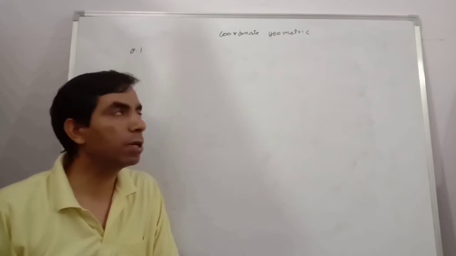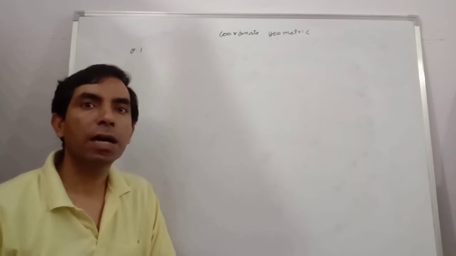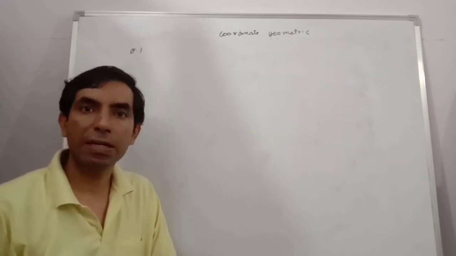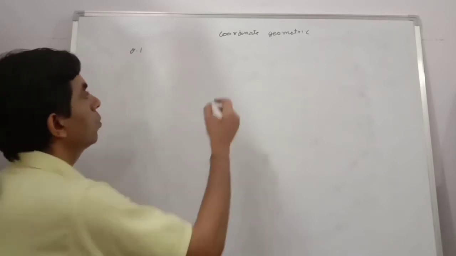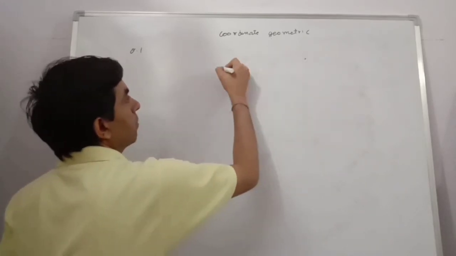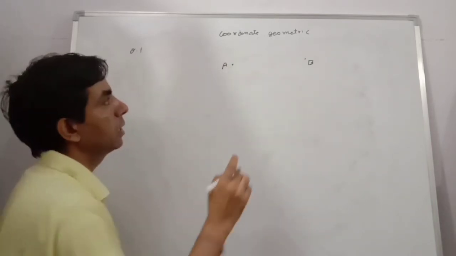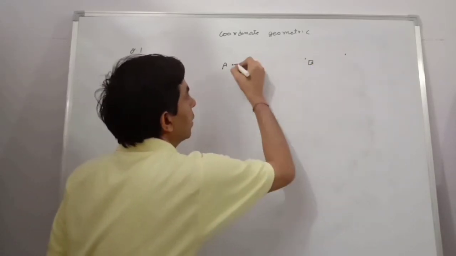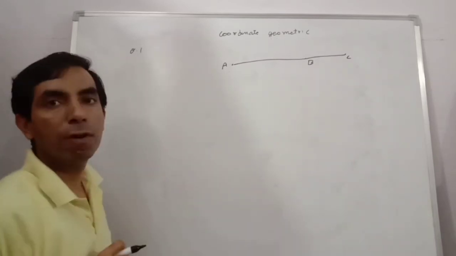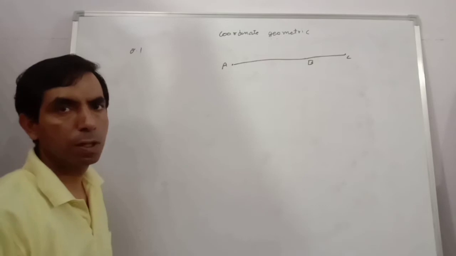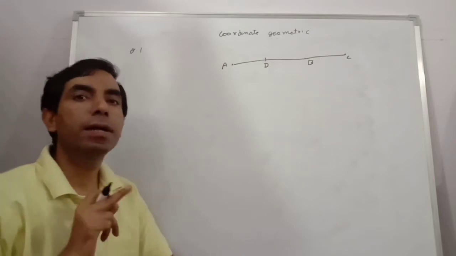So today's topic is in coordinate geometry: how we divide a line in two parts by the section formula. The section formula is decided by two types. Means if we have 2 points, just like A and B, it can be divided by two methods. First, it divides externally. Here C divides the line AB externally in any ratio, and D divides the line AB internally.